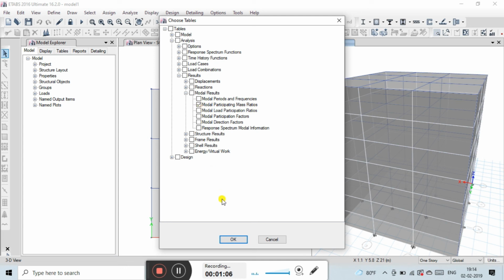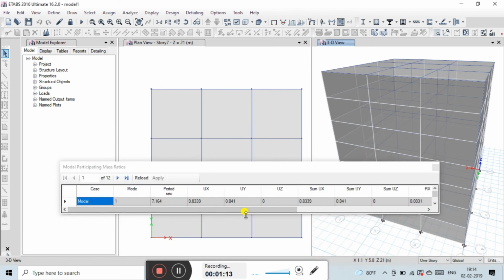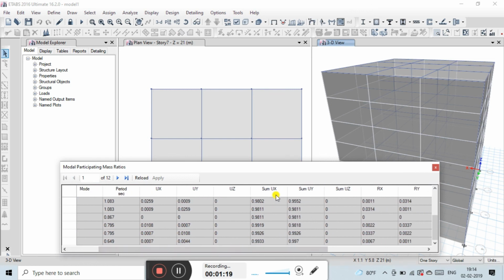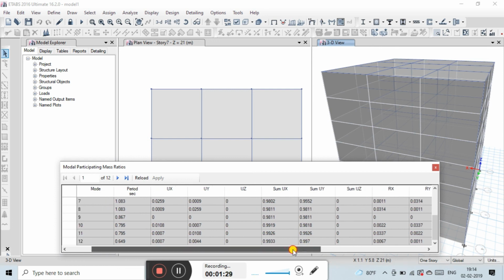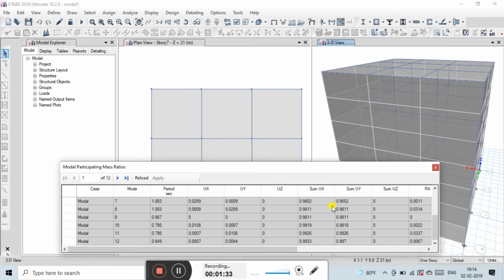Just tick that column and then press OK. Now the table has been shown. You can see we have initially given 12 number of modes, and in 12 modes we can see in UX and UY direction it has contributed more than 90%. It is about 99%, and hence it is okay. This shows that 12 number of modes is sufficient for this analysis.